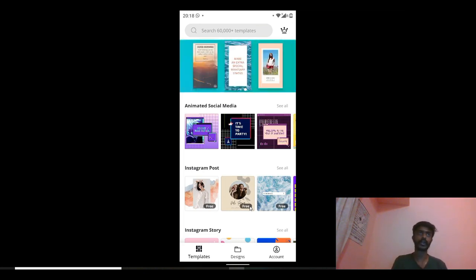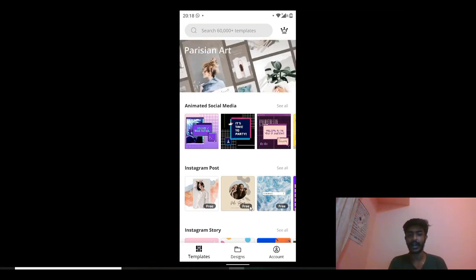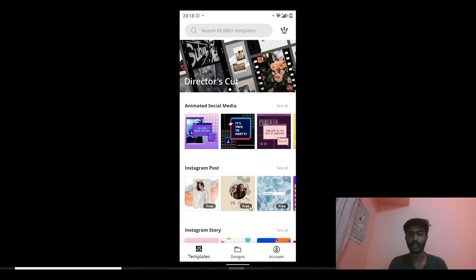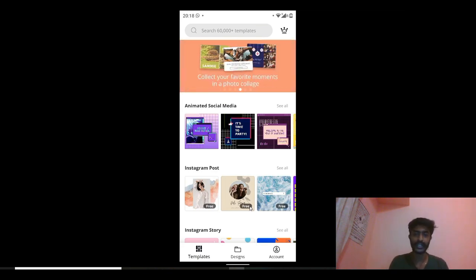Canva is software which already has partially prepared templates, and what you have to do is just edit the picture, change the picture and text according to your wish and requirement. In this case, I'm going to teach you how to make an advertisement poster or a print ad for your particular product. I'm going to take a Volvo XC90, that is a car, and show you how easily you can make it.